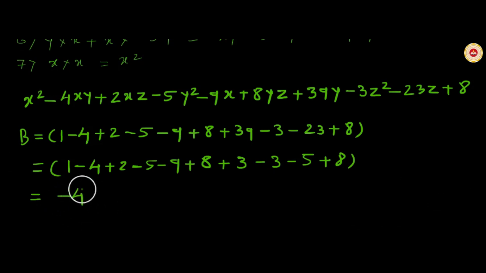See, minus 4 is the Bijank, but the Bijank should not be a negative digit. If we get the Bijank in the form of a negative digit after calculation, then we add 9 to that negative Bijank digit. So let us add 9, and minus 4 plus 9 becomes 5. So 5 is the Bijank of this algebraic expression answer. Right? Now friends,